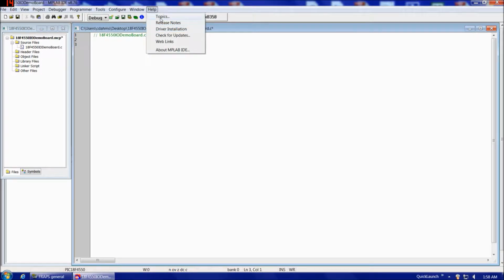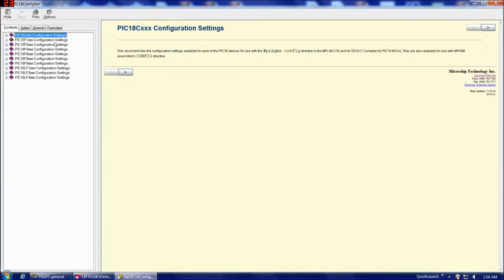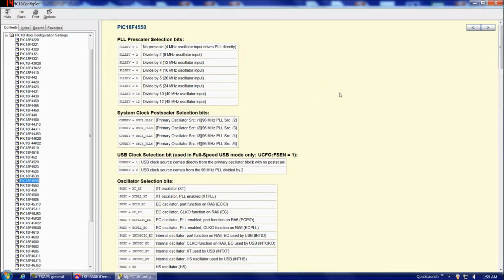So once again, remember that was under help and then topics and PIC18 configuration settings if you'd like to refer to the list of them for the 18F4550. And let's see, where is that? PIC18F4550, and there we are. But rather than retype all these in,